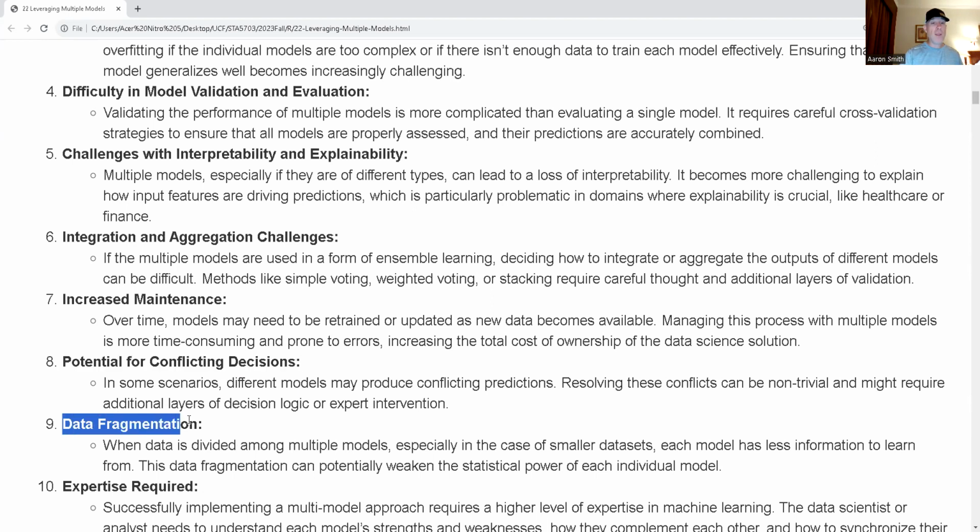Also, if I'm getting into smaller sets of data, I can set it up so that I've gone too far. I've got smaller data sets than I really should be working with, and now I don't have the data to do the type of modeling that I want to do. So let's say I want to do a neural network with so many hidden layers and hidden nodes. Well, if I keep on chopping up my data, it might be I don't have enough data to support that